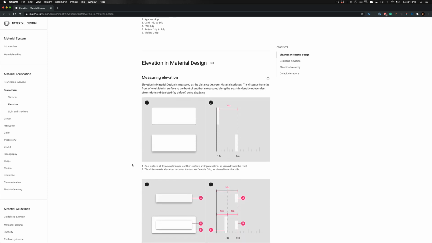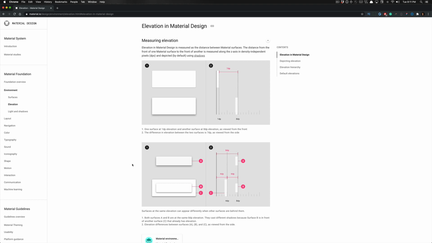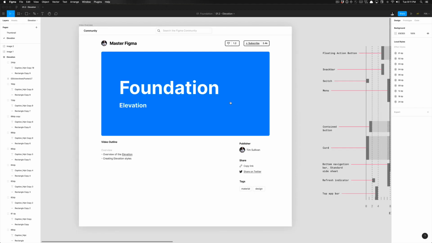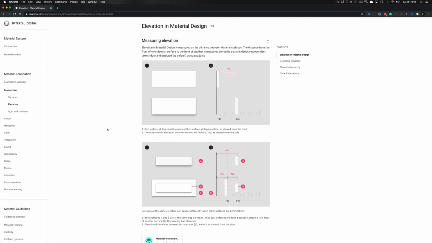And in elevation, Material Design is measuring the distance between surfaces. As you can see here, they're giving you a representation of what this z-index looks like, by utilizing this graph, this format, to indicate how far a surface is from one another. But again, visually we're seeing this on a flat surface on the screen. But if you were to tilt that view sideways,